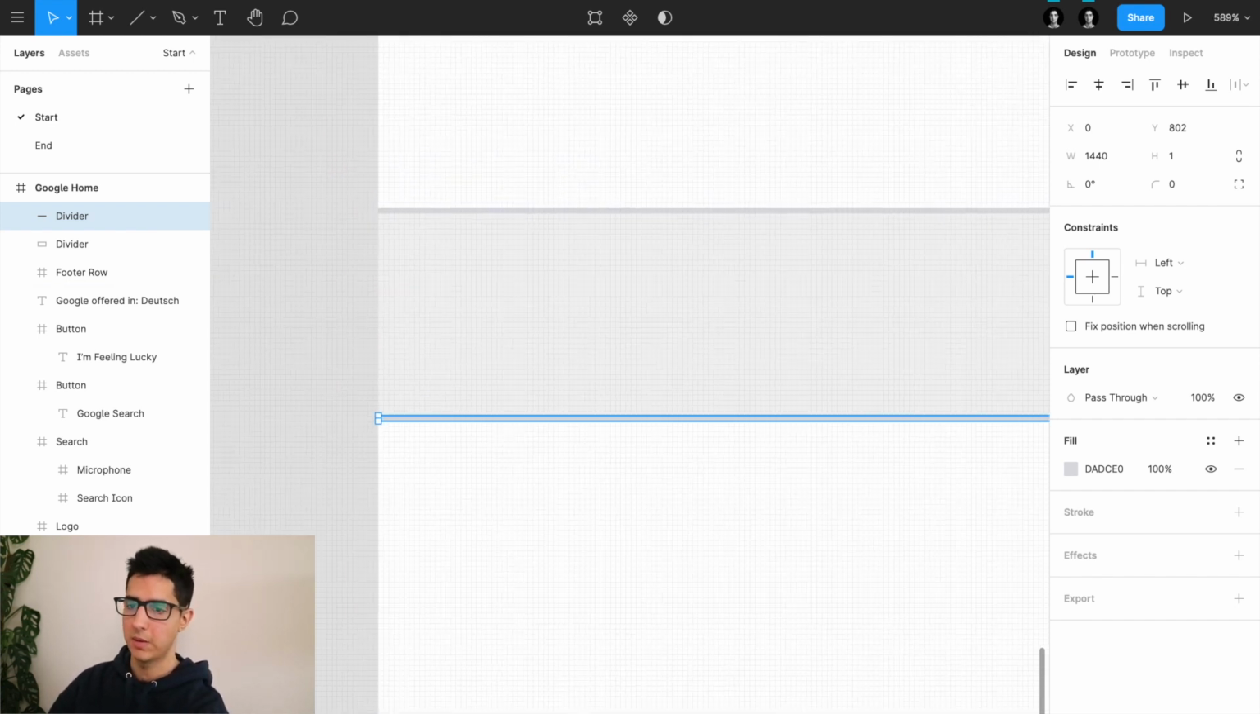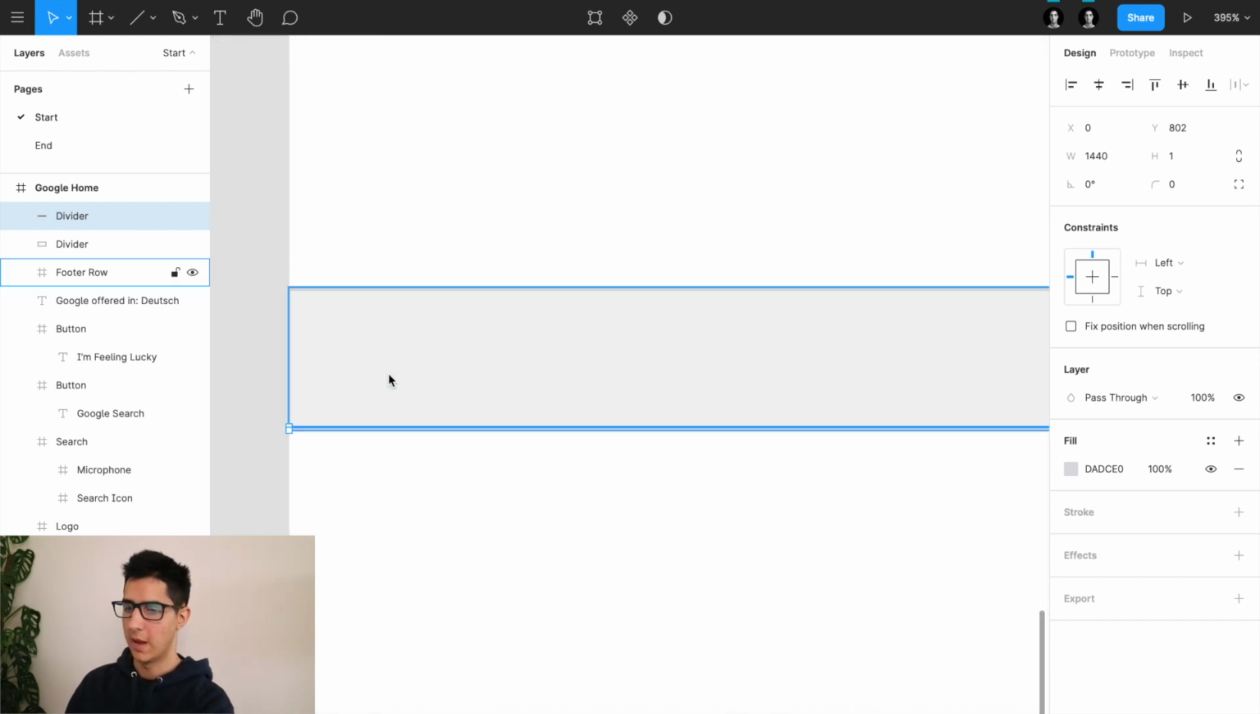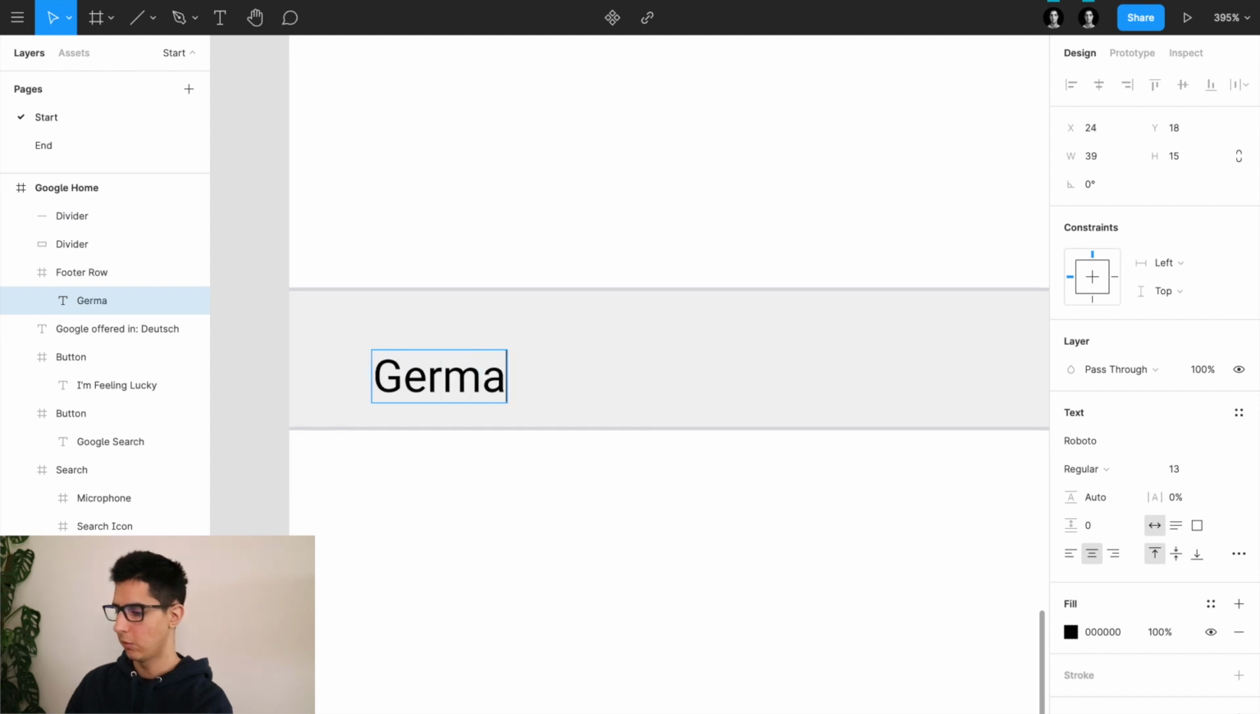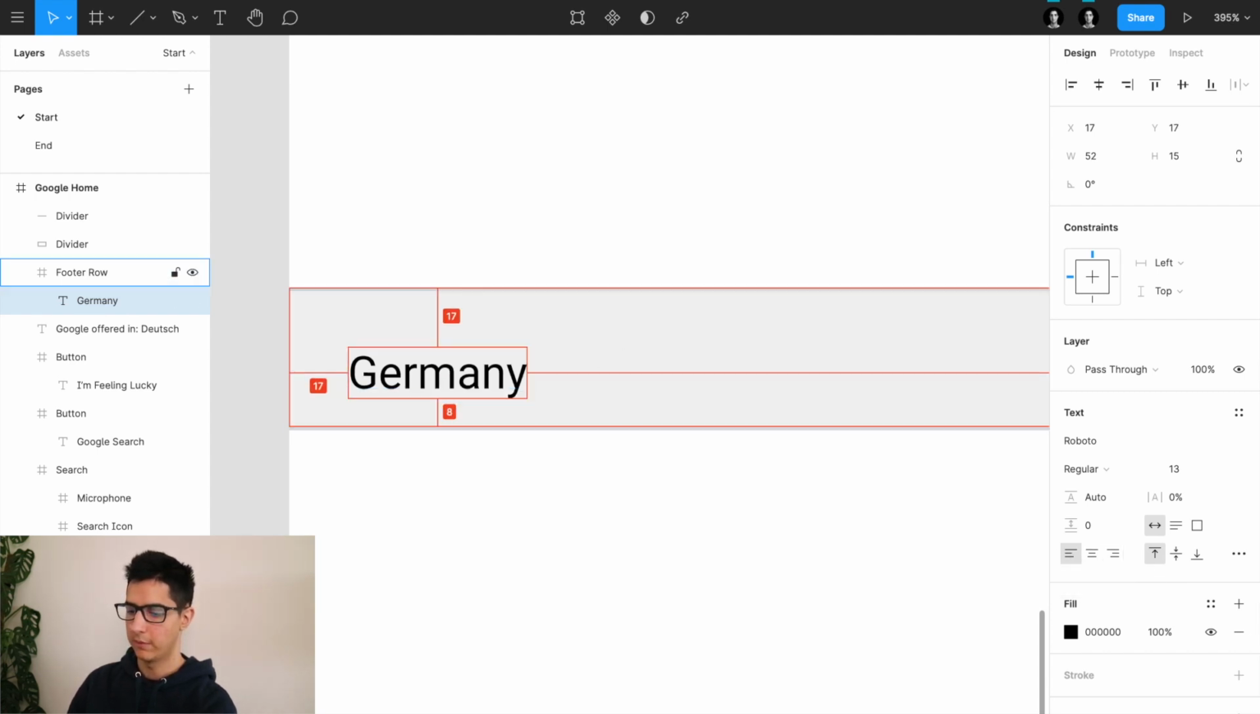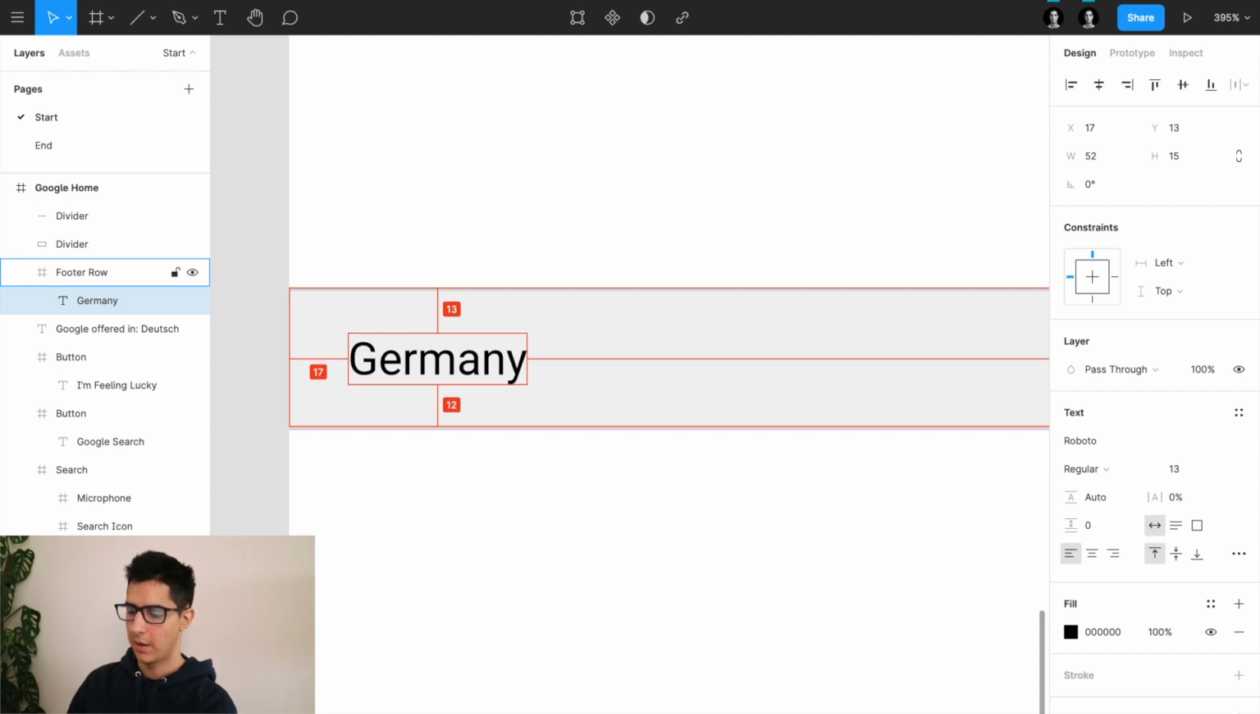Now the last piece is to actually introduce that text. So we have a 14 pixel text here that says Germany, and you can see it recalls that I actually used center alignment before. I'm going to change that back to left alignment. I'm going to align it as good as I can with regard to the sizing here of my footer row,